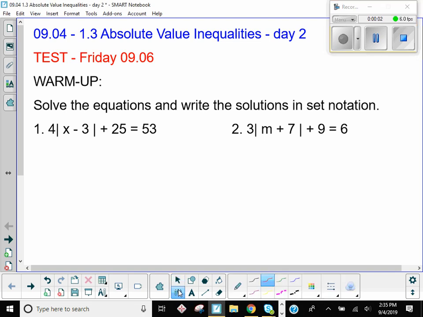How did you begin solving number 1? What did you do first? You subtract 25, right? And you have this. And before I even do the next step,